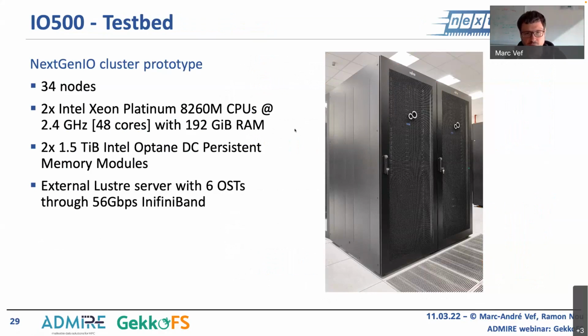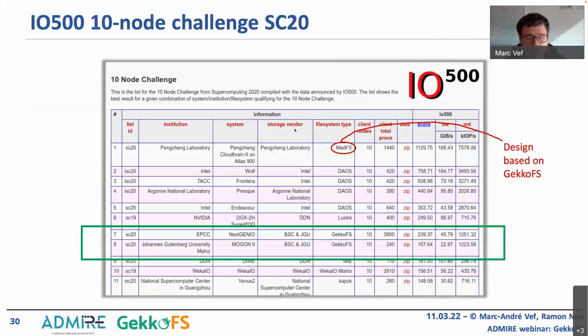So the next part is the IO500, which is the next-gen IO cluster prototype, which is a number of nodes, but most importantly, each node here has 2 Intel Optane persistent memory modules. And we use these in these IO500 tests. Each node also has 2 OmniPath network devices that we can use as well. And yeah, we use this for our IO500 submission, but also for Modern 2, but in this case, the IO500 was better. So if we look at the results that we had in SC